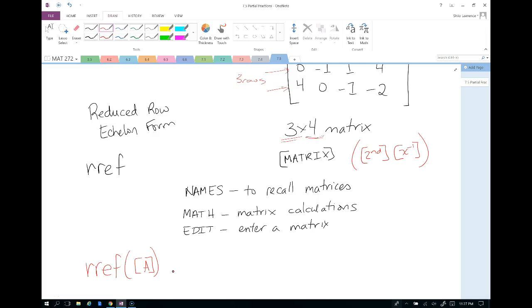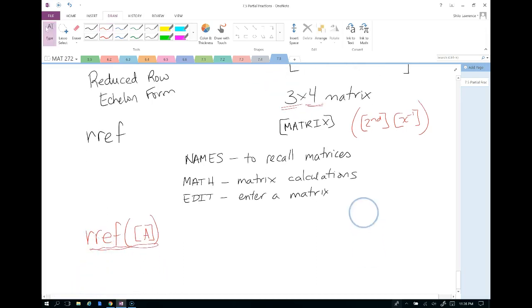If you select that, all it's going to do is put it on your home screen. We need to go back into matrix again, and under names, we need to tell it which matrix we want the reduced row echelon form for. So now under names, I'm just going to choose A, and you should see next to A it says 3 by 4 now, because that's where we stored our 3 by 4 matrix. So this is exactly what I see on the home screen of my calculator. And I'm going to hit enter, and it gives me back